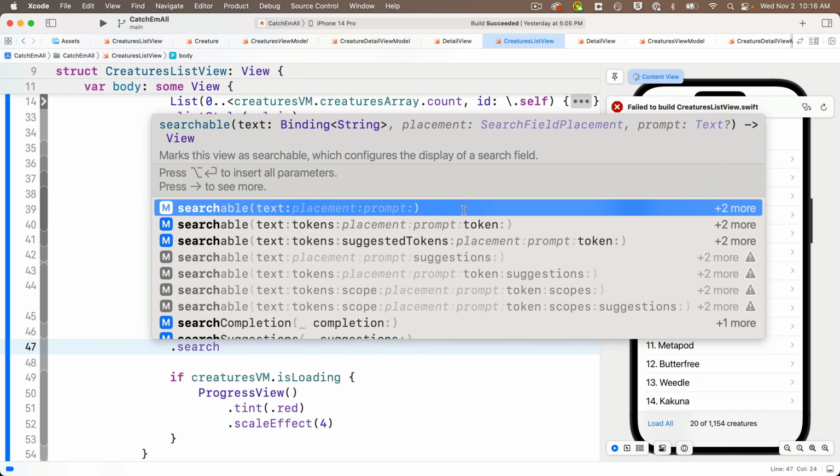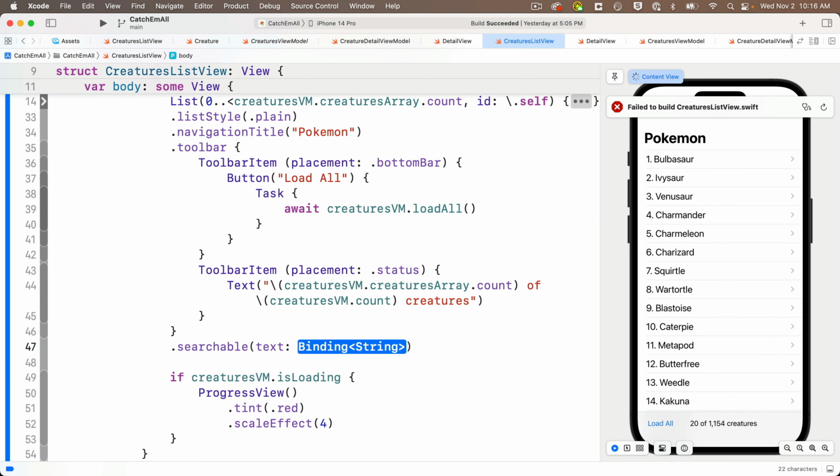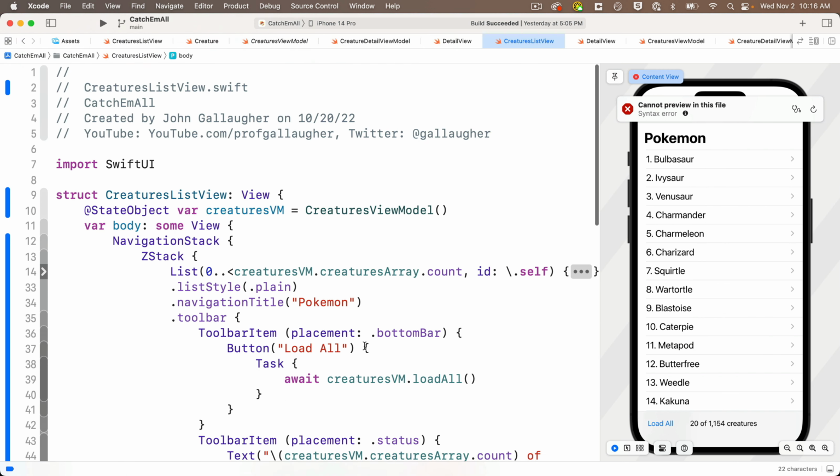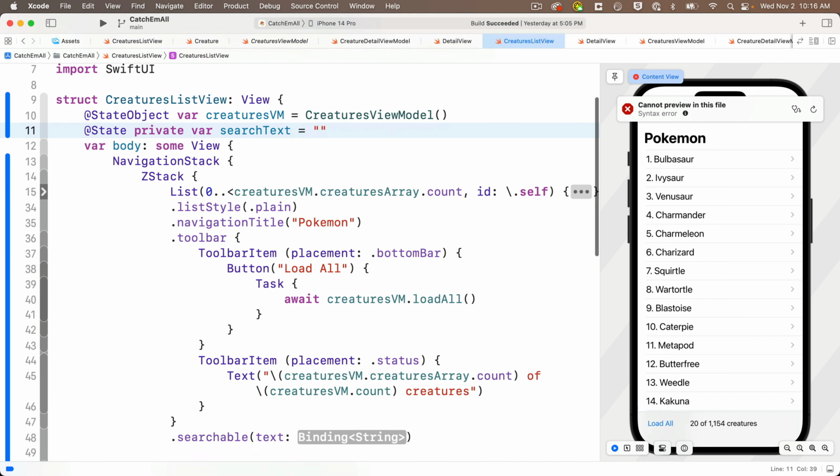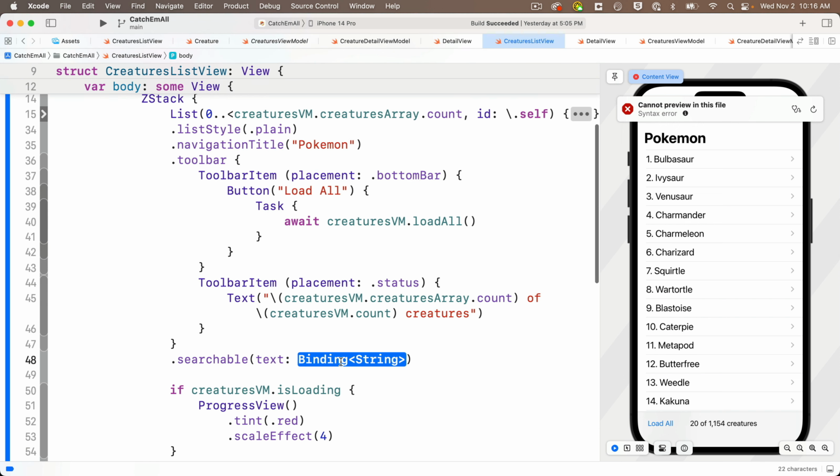Now select the option with just the text attribute. Notice that this is a binding string, and this is going to contain the string that the user types into the search field. So press return to accept this, and now we're going to have to create a variable to hold this binding string value. So up top, under my @StateObject, I'm just going to enter @State private var, we'll call this searchText, equals empty string. Then we'll return to our searchable modifier that we just entered, and we'll pass in $searchText